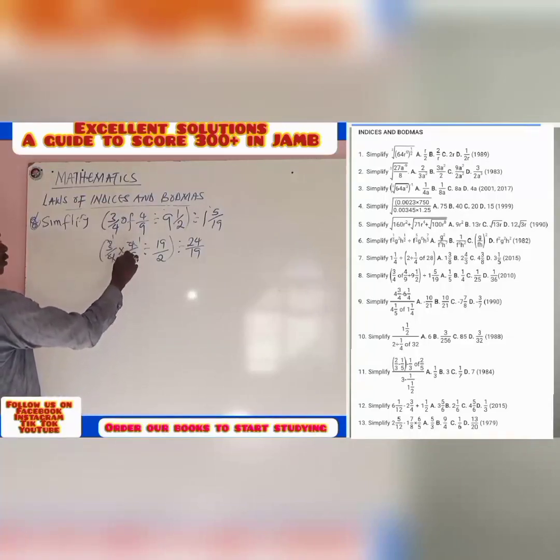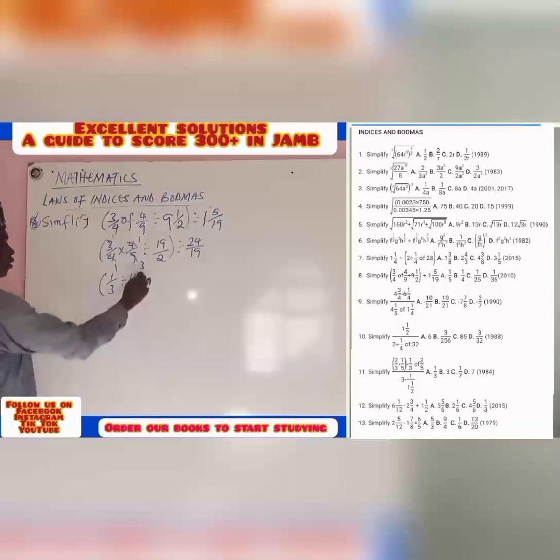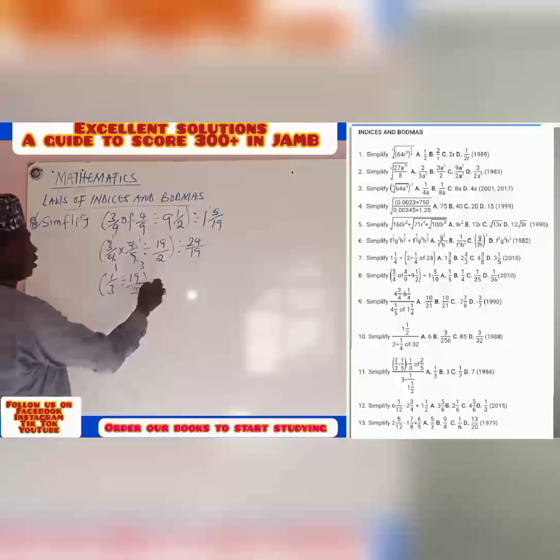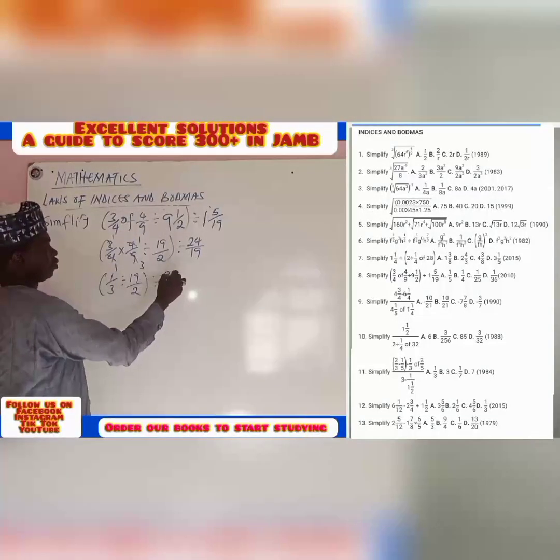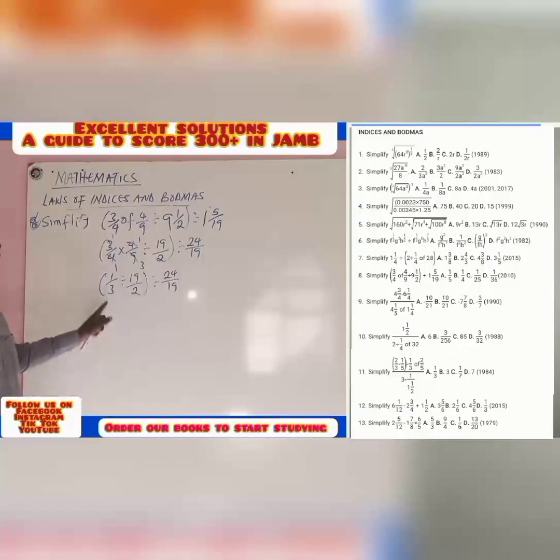3 here, 1, 3 here, 3. So what we are going to have is 1/3 divided by 19/2. Then our next thing is we said all upon 24/19. So if we look here, we are going to have 1/3,